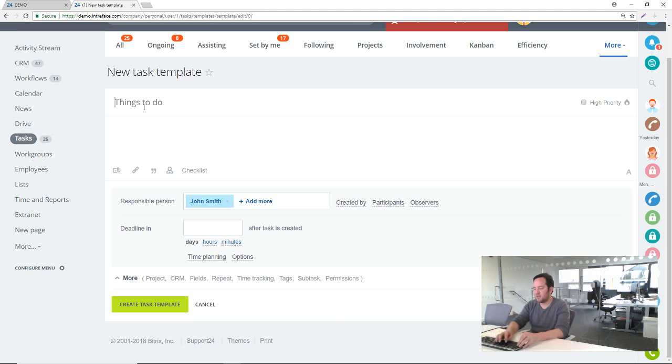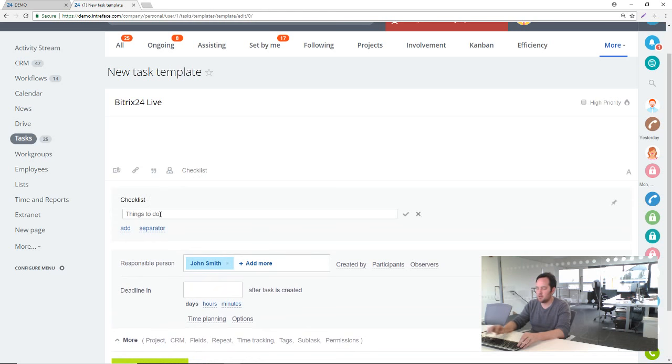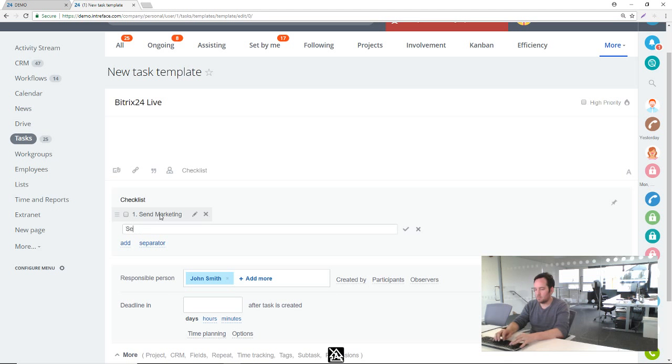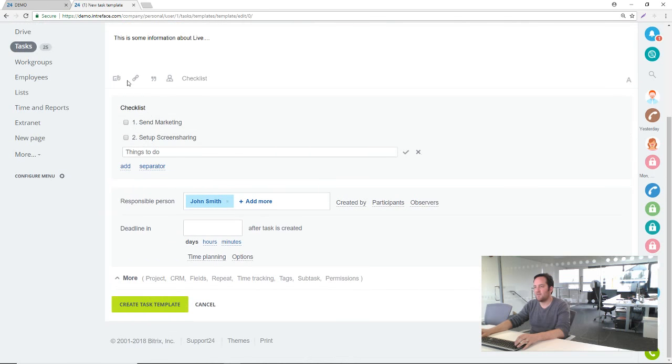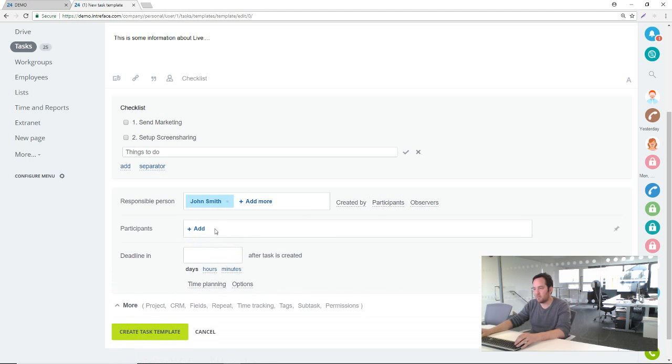We can preset everything, so we can say Bitrix24 live, and then on the checklist we can say send marketing, set up screen sharing. So you can see here that we can build it up. We can add a file if we wanted to, we can bring people in. Responsible person is going to be myself. It may be that we want a few,